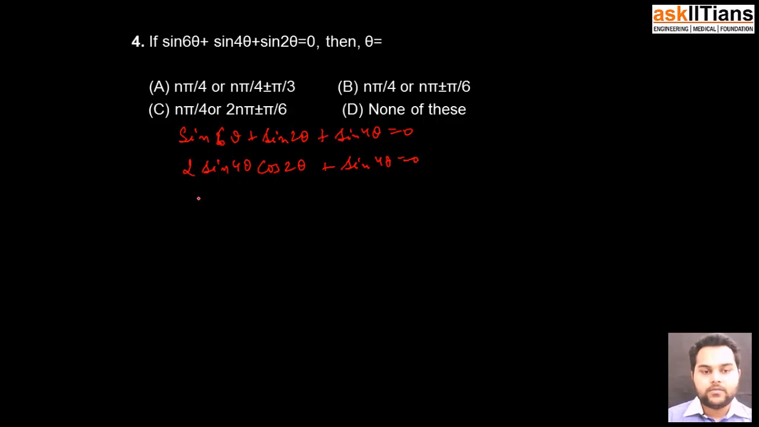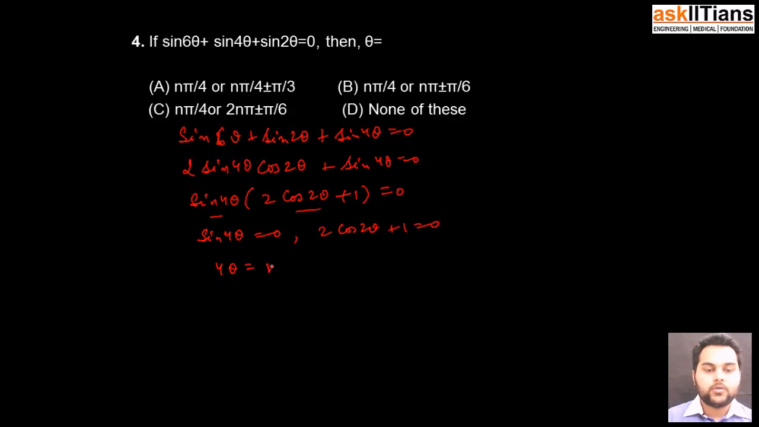Now I'll take sin 4 theta common out of the equation, that shall give me sin 4 theta into 2 cos 2 theta plus 1 is equal to 0. So either the first term is 0 or the bracket term is 0, that is either sin 4 theta equal to 0 or 2 cos 2 theta plus 1 is equal to 0. Now 4 theta would be equal to n pi, or cos 2 theta is equal to minus 1 by 2. Cos 2 theta equal to minus 1 by 2 can instead be written as cos of 2 pi by 3